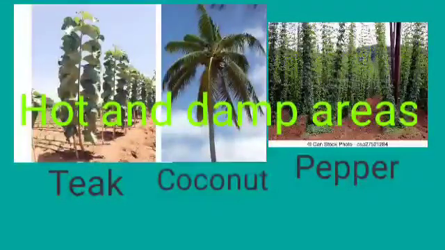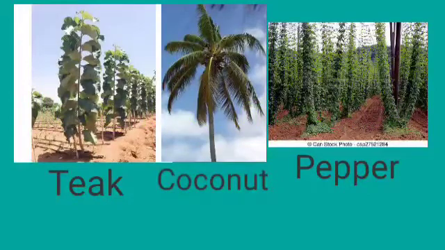In hot and damp areas, the trees have lots of leaves, but they do not shed their leaves in winter. Leaves are not lost there. They remain evergreen. Some plants that grow in such places are teak, coconut, pepper, rubber tree, tea, coffee plant and